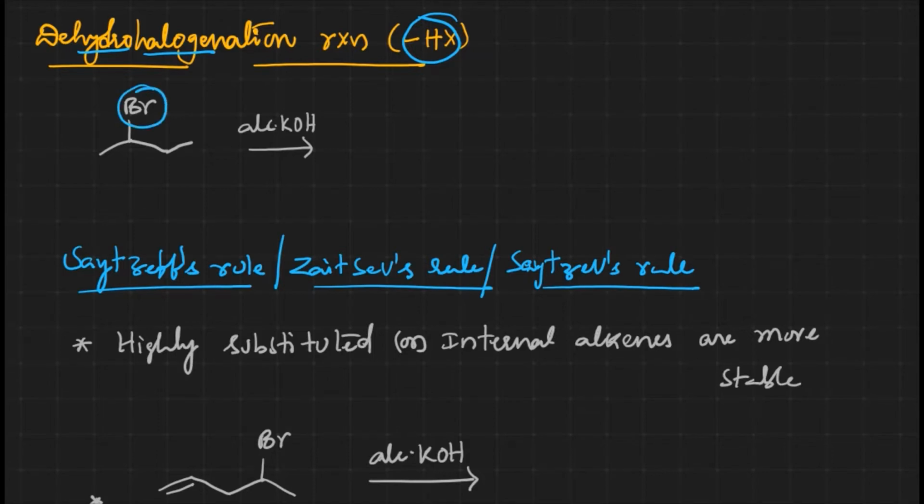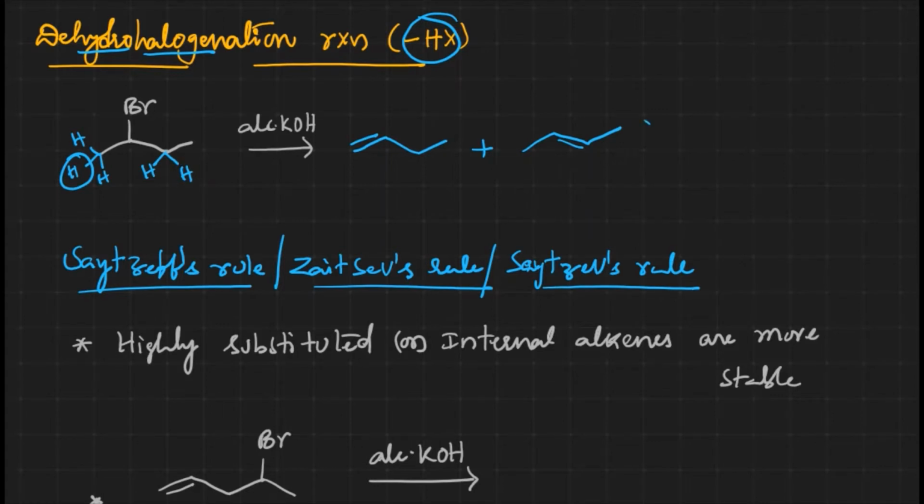Now we have bromine, and we have hydrogens adjacent to the bromine. We have 3 hydrogens here, and 2 hydrogens over there. There is a possibility of elimination of these hydrogens and bromine, and also of this one. Now let us see what the products are going to be. When the first hydrogen gets out along with the bromine, we'll get a terminal alkene, and with these hydrogens, we'll get an internal alkene.